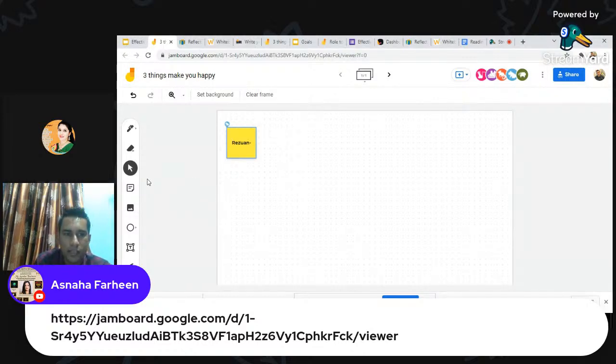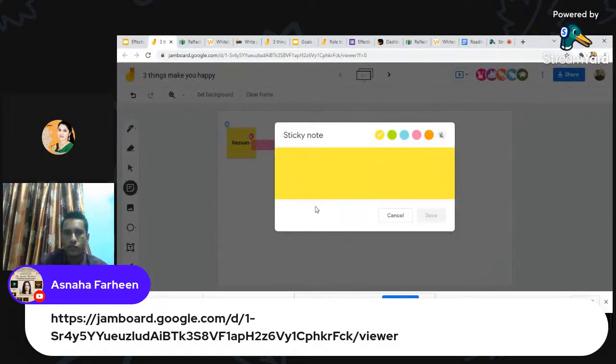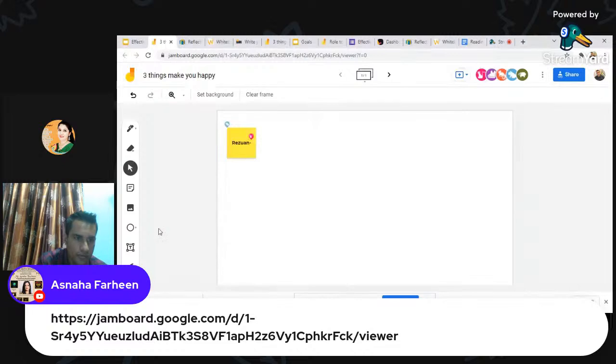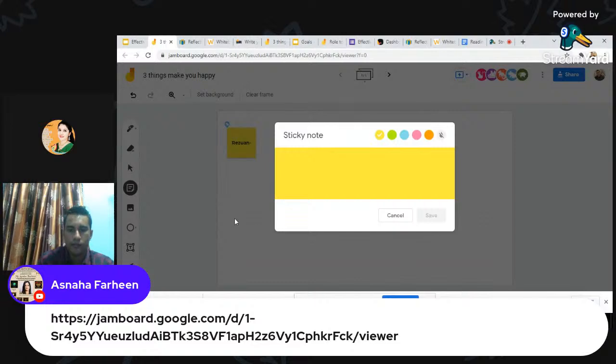On the left side of the Jamboard, you can see the sticky note option. Don't choose the text box. Only choose the sticky notes. I'm writing a few by my name. You can omit my name and write your own.